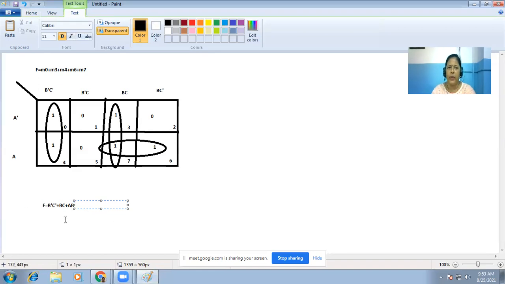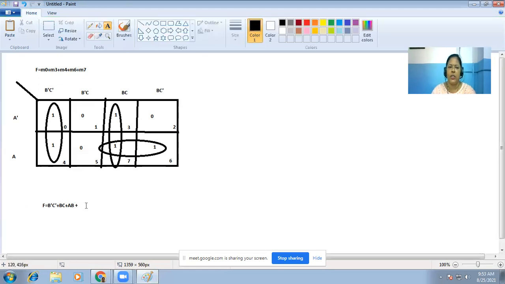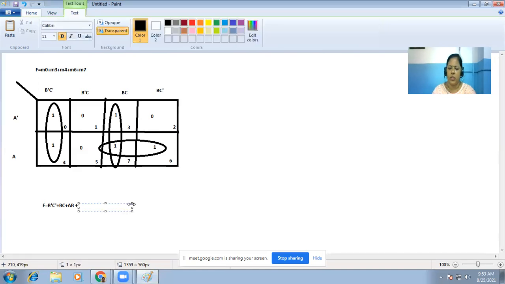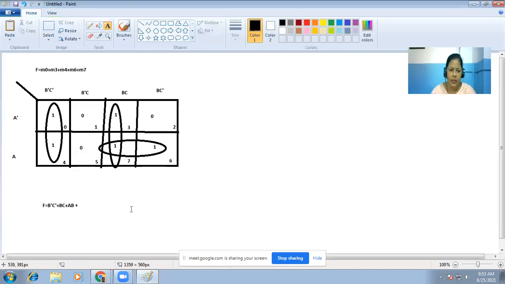Though the truth table, output, everything will remain the same, the main motto of the K-map is to find the simplified expression. So another plus term will come, means another OR gate, then another expression will come, means another AND gate. So we need one more AND gate and OR gate. So that means it is not the simplified expression.